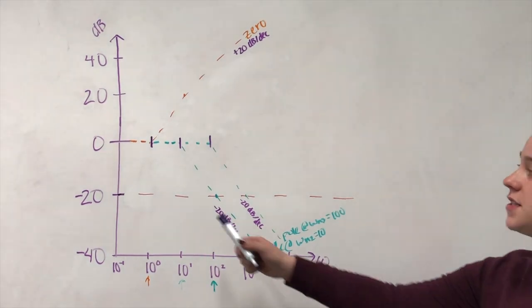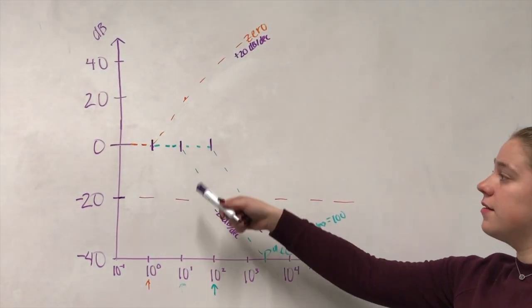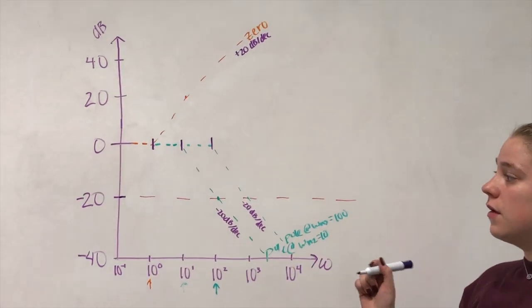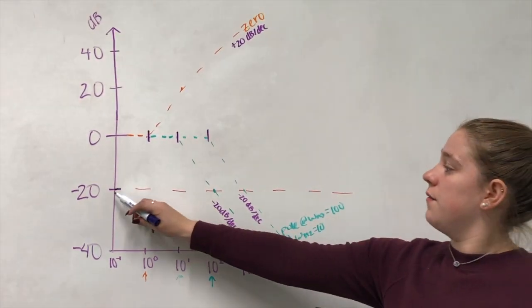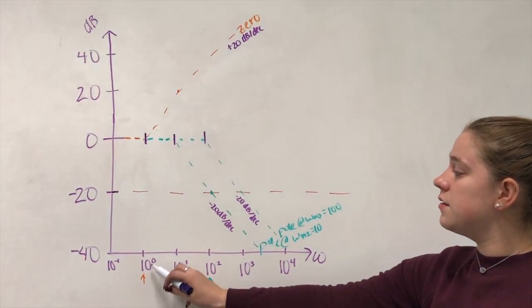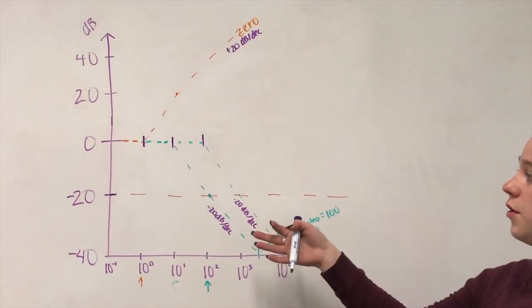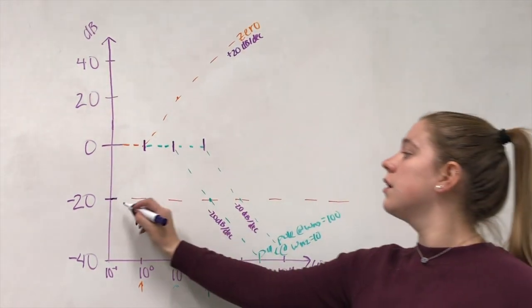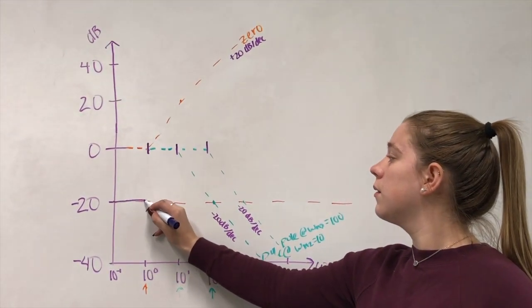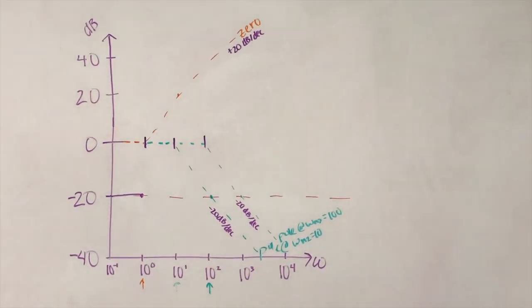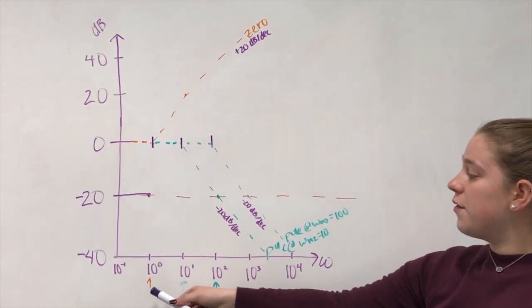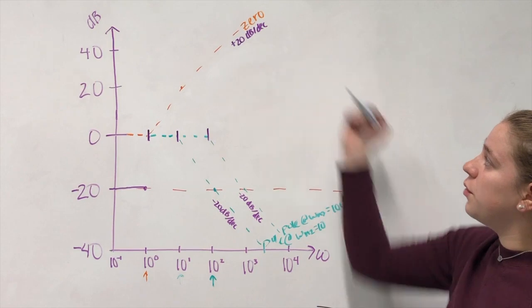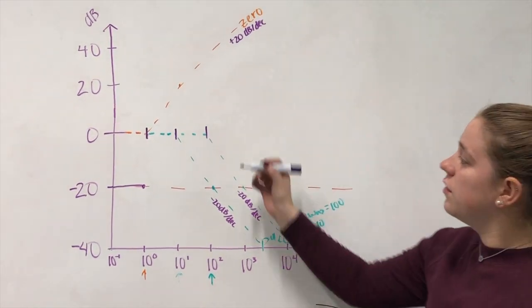So we went ahead and separated our Bode plot lines by segments in which all the slopes differ. For our first segment, we have from 10 to the -1 to 10 to the 0, which has no slope. So we're going to just go ahead and draw a straight line across the -20. For our second segment, we have it from 10 to the 0 to 10 to the 1, and the only slope we have contributing is our positive 20 decibels per decade rise. So we're going to go ahead